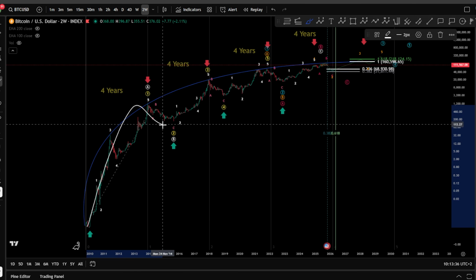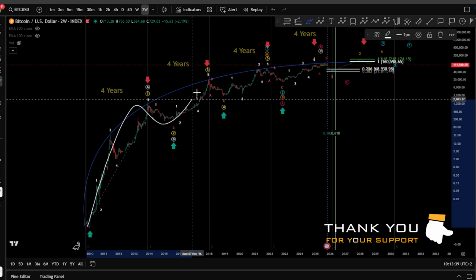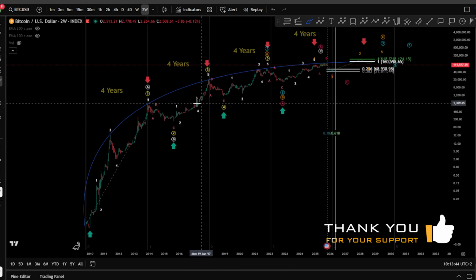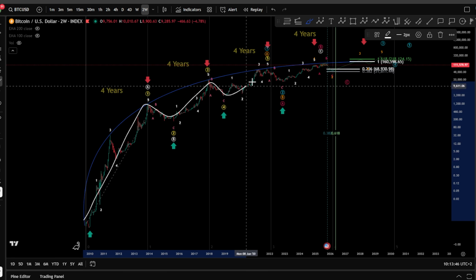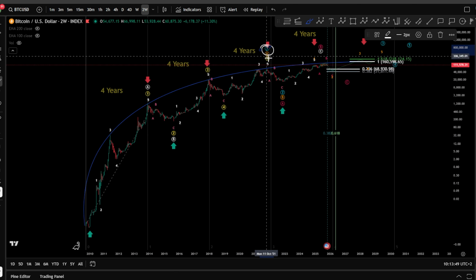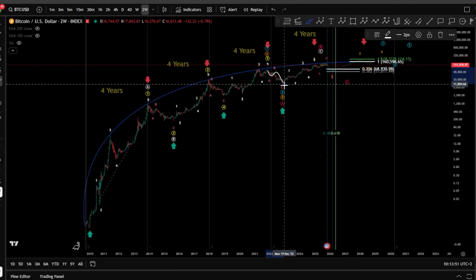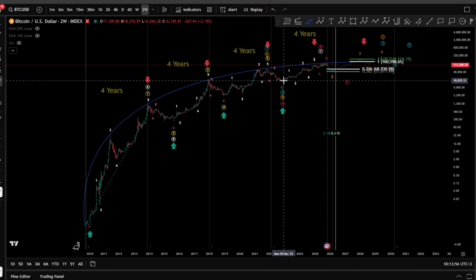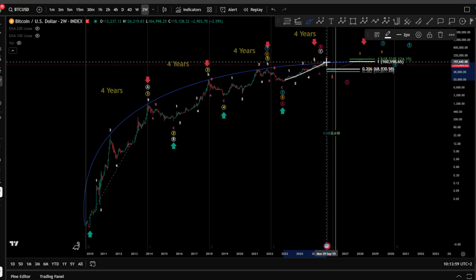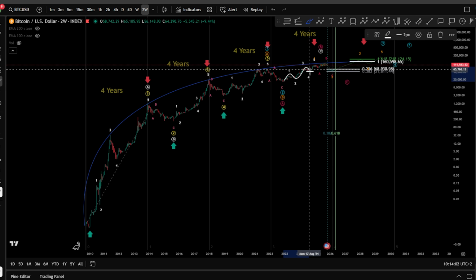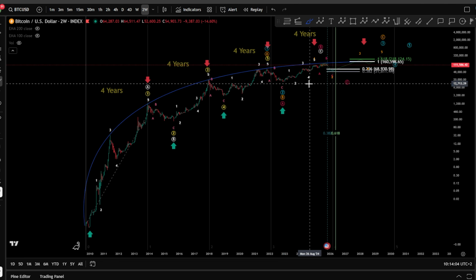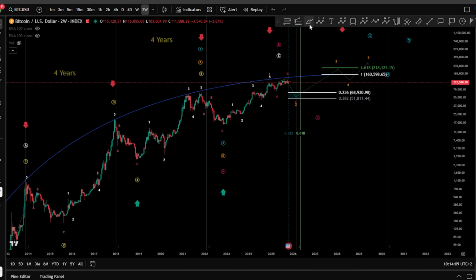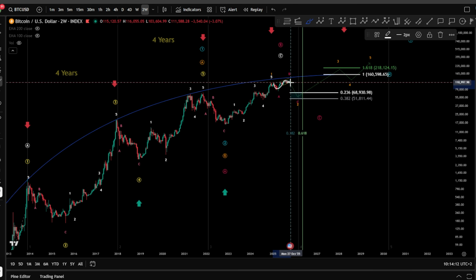So in the cycles here, we have already 1, 2, 3, 4, and a 5 impulse towards the upside, with wave 4 not interfering with the zone 1. So it is a perfect impulse, of course, as a wave A or a wave 1 there. And after it, we have an ABC, which is playing the role for a wave 2 or a wave B. And then the last bull run that we saw for Bitcoin in the form of 1, 2, 3, 4, 5 potentially finished over there, and we're still looking here for something corrective or sideways for Bitcoin.